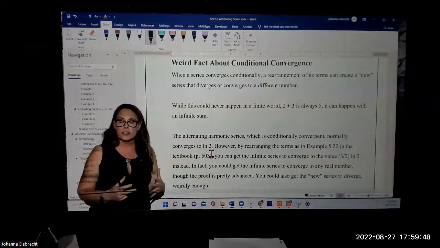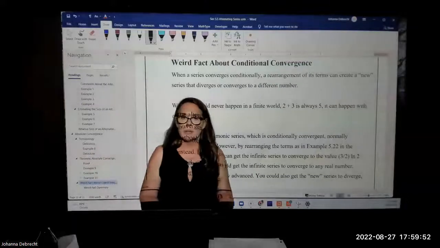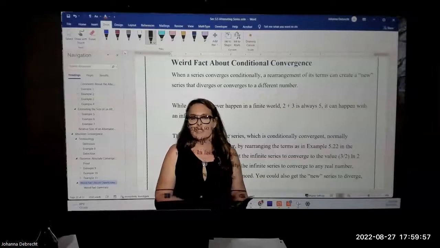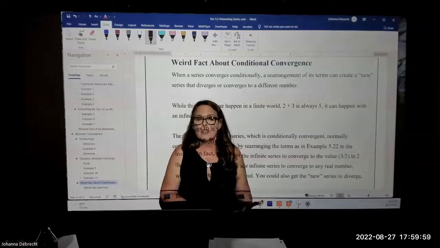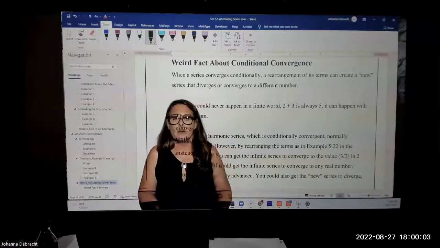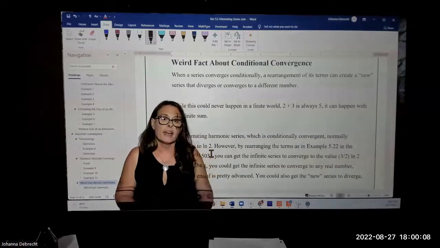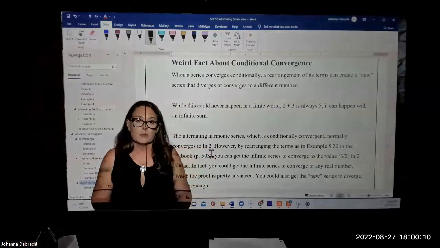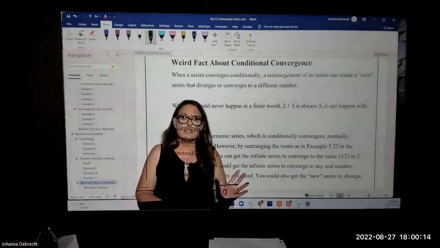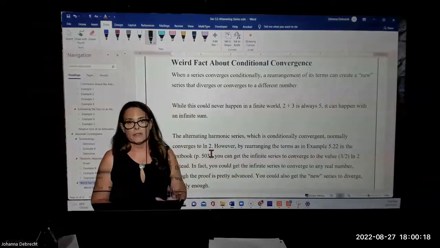Most of the series that we've been dealing with so far, because we've been using mostly the limit comparison test and the integral test, the terms of the sequences were mostly positive, in which case taking the absolute value doesn't change the summand at all. So most of the ones we've been studying thus far were, in fact, if they converged, absolutely convergent. But now that we have these alternating series, we're going to have some series that are not absolutely convergent,